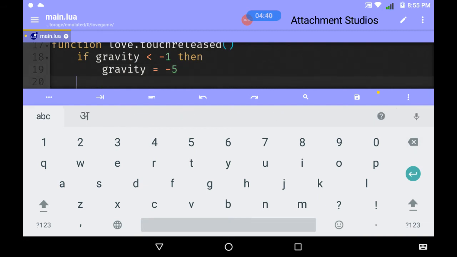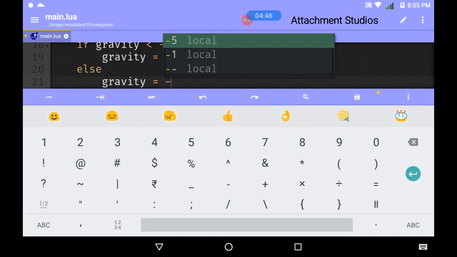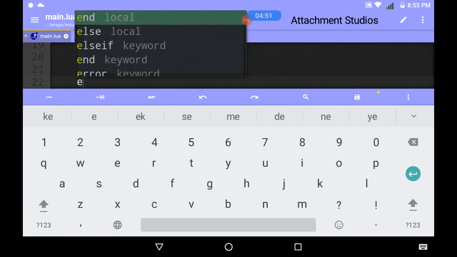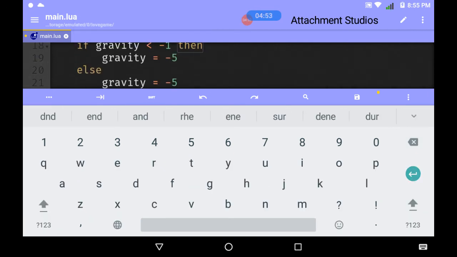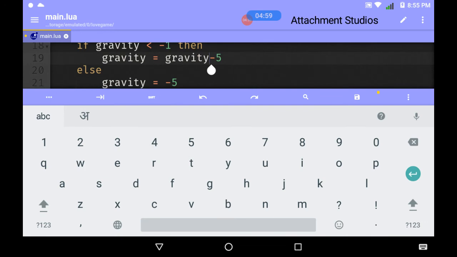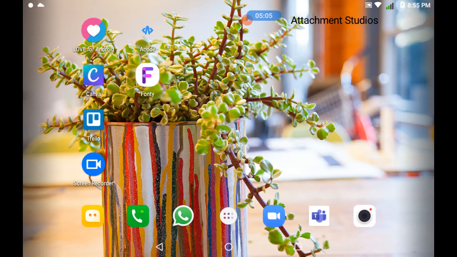Actually not technically, I will not end this, but I will do else gravity equals -5, and then I will end now because I don't want to leave it. So let's do gravity and gravity -5. Simple. So if gravity is less than that, then this will occur.